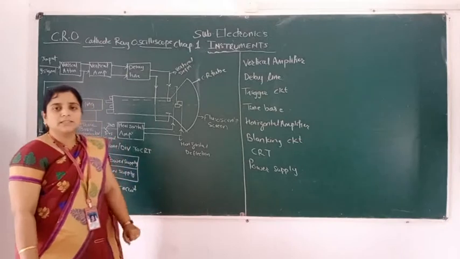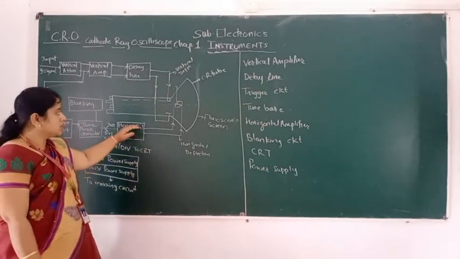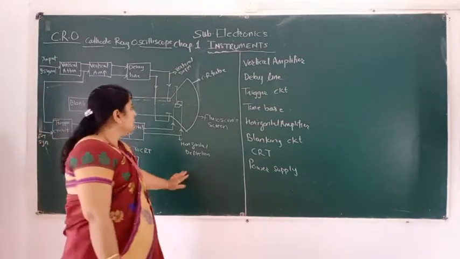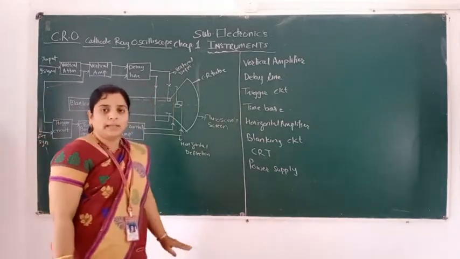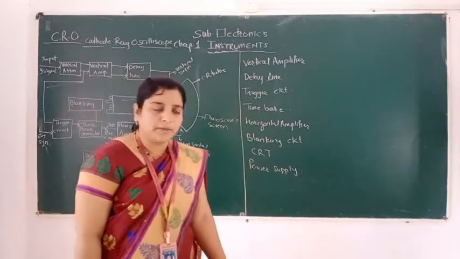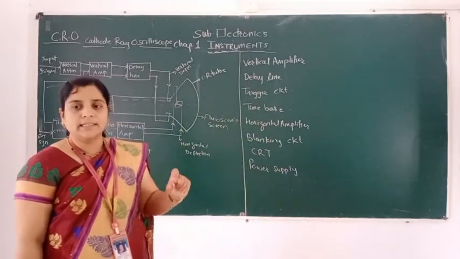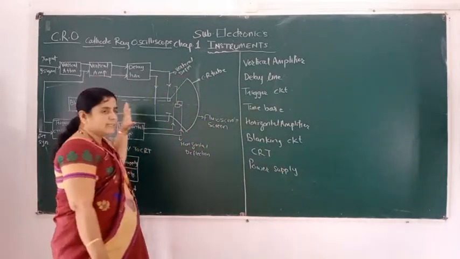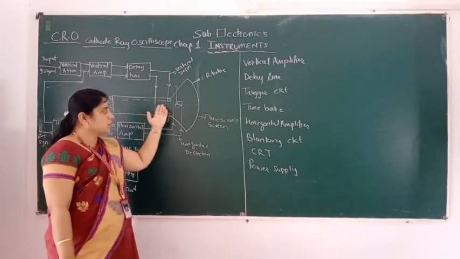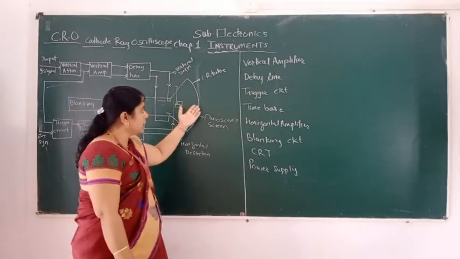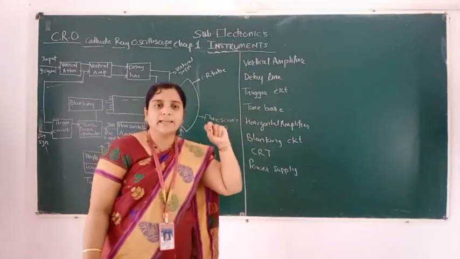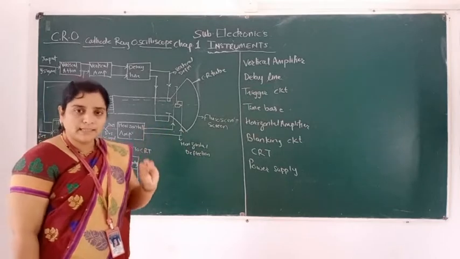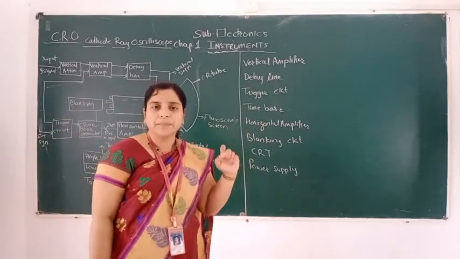Now how can you write the construction of this figure? You can write it like this. CRO means what? Cathode ray oscilloscope. CRO is nothing but it converts an electrical signal into a visual signal. What happens if an electric signal is given? The electron beam moves forward and strikes on the fluorescent screen, and it makes the image of that beam. It means that when an electrical signal is given, it is converted into a visual signal.